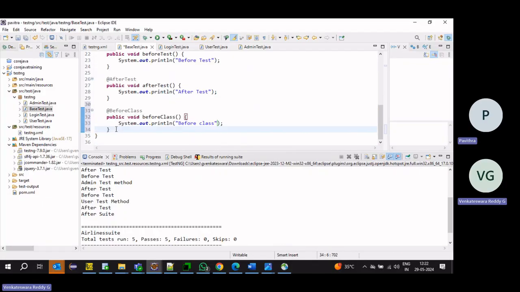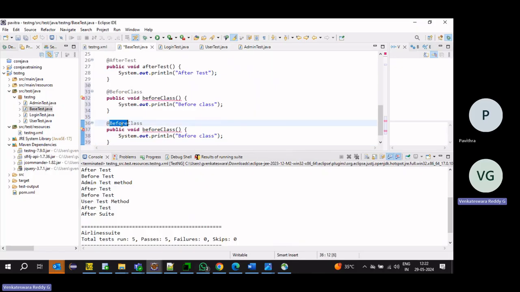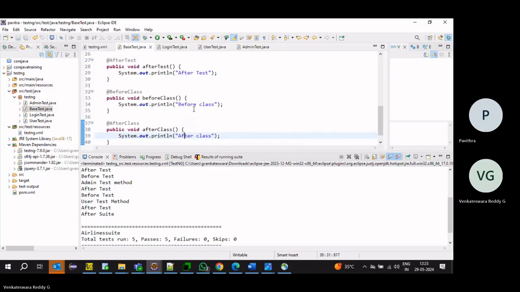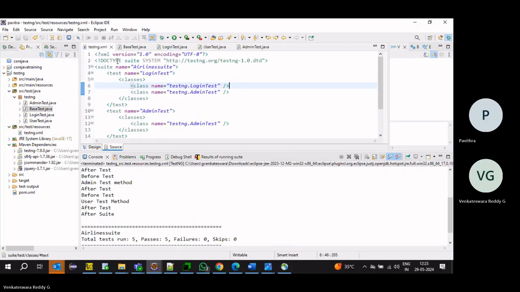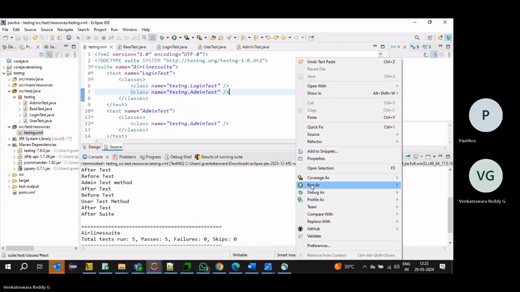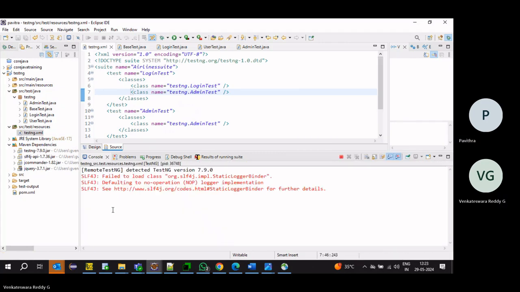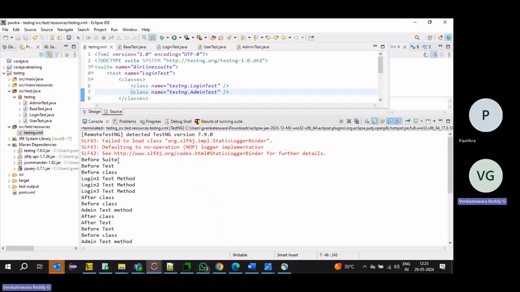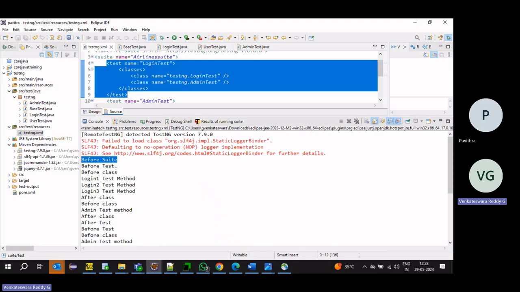Before class and then after class. I run it. First, before suite started. Now module started, so before test.